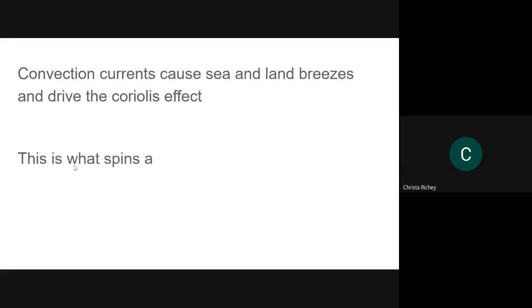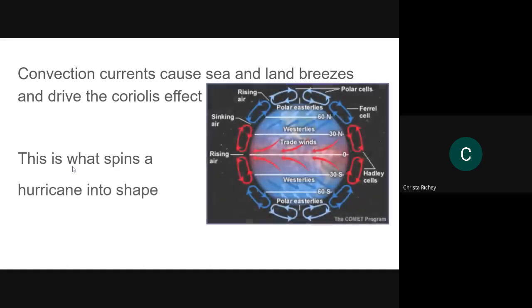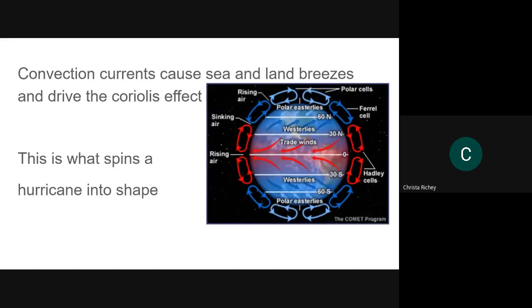Convection currents drive what is called the Coriolis effect, which is this image. And no, we're not going to do the Coriolis effect in depth now. That's supposed to be in the 4-6 weeks, and we'll talk about Hadley cells and trade winds and the easterlies